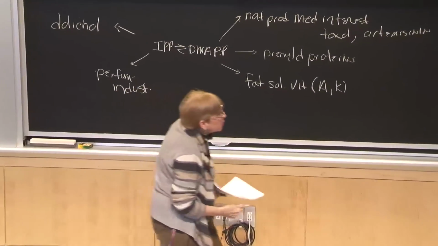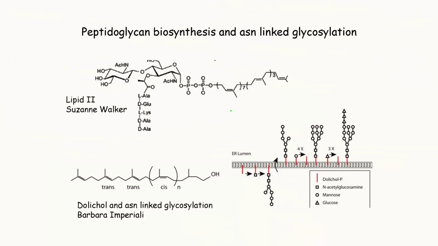But what you can see here, Suzanne Walker is giving a talk here April 4th, and one of the things she works on is peptidoglycan biosynthesis. And so sugars are carried around on these lipids. Some of them are C19 to C55, okay? If you look at these, you can see these little units stuck together. Barbara Imperiali in our department, the chemistry department, works on asparagine-linked glycosylation. Again, the sugars are carried around by these kinds of terpenes, so plays a central role in